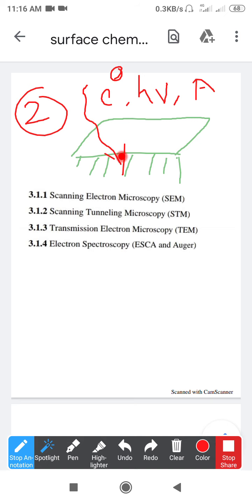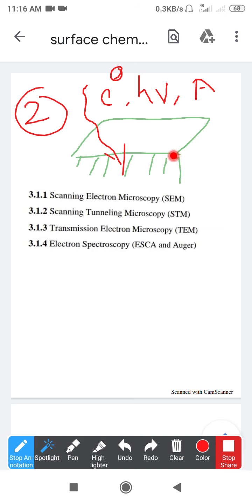Once we have got the information of this point, the analysis is further carried out along, suppose, this x direction. So analysis will be carried out along this direction, which means we get the information about this whole line. Next we are going to change some electric or some magnetic properties of that incident beam. Just understand right now: we are going to change somehow the direction of this incident beam in some raster pattern.